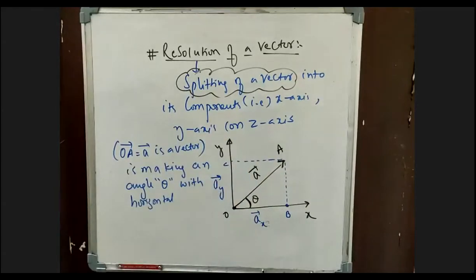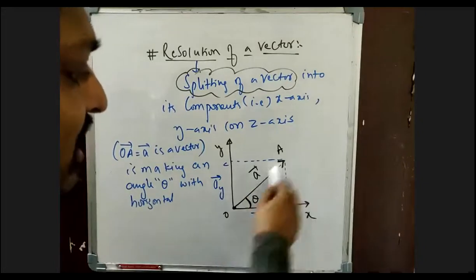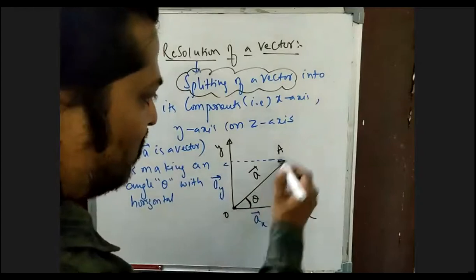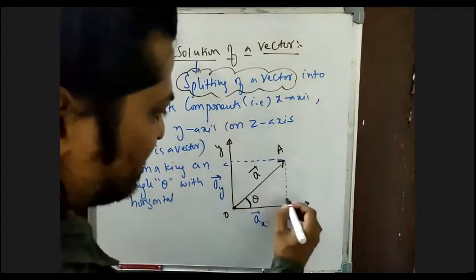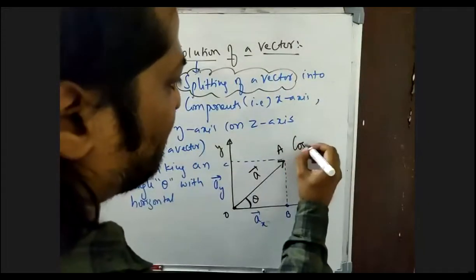Now apply the trigonometric condition. If I apply trigonometry, cos theta will be equal to how much, and sin theta will be equal to how much for the given condition. See from this triangle OAB, this angle is 90 degrees. So cos theta is equal to...